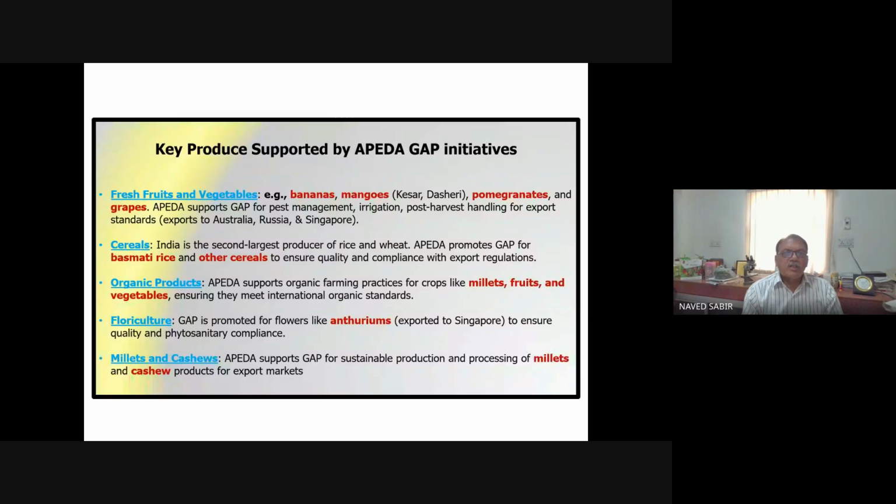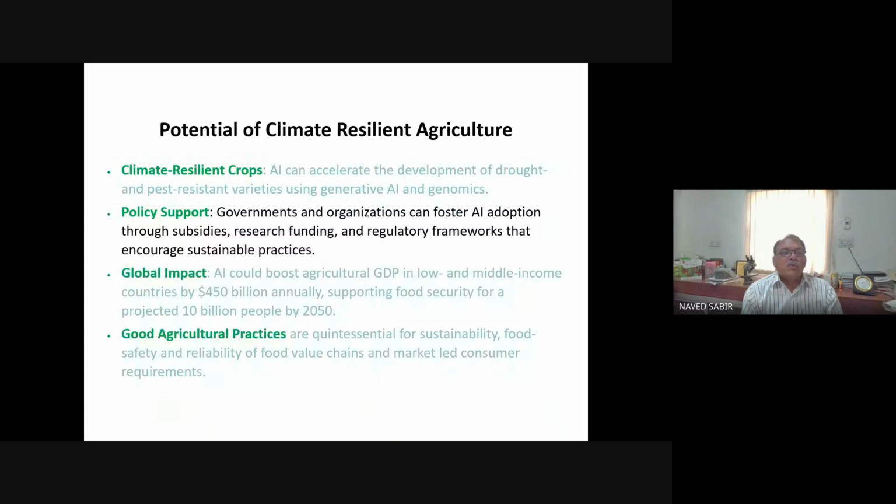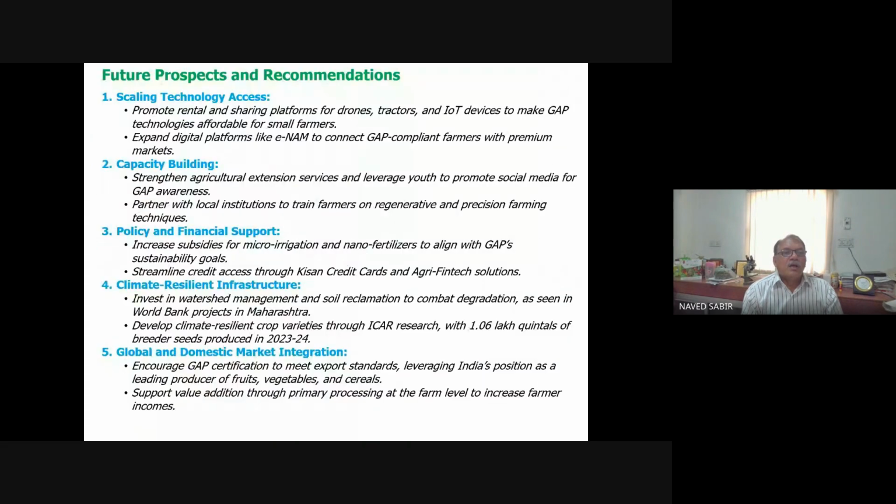So for good agriculture practices, you can see the APEDA website. For bananas, mangoes, or pomegranate and grapes, you can see APEDA supports GAP for pest management and exporting to Australia, Russia, and Singapore. So similarly for food safety also, you can see some websites where you get a good idea on these systems. So with this, I'll